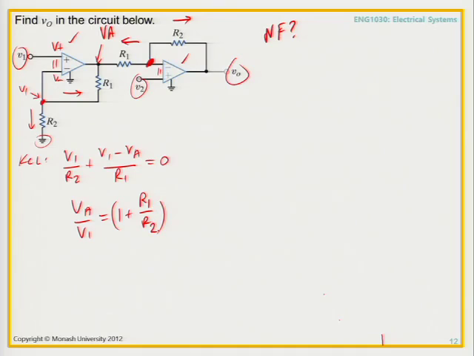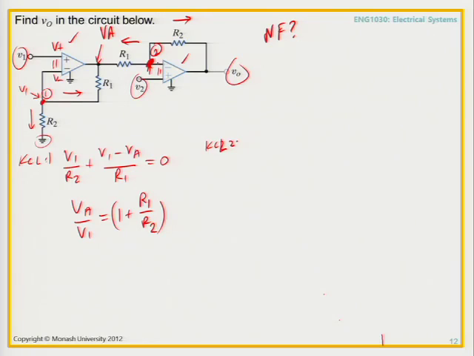Okay, so over here, why don't we do the same thing? So for this one, this is KCL 1, so this is at node 1. And this is KCL at node 2. Now notice that I strategically picked this node and not this node. I picked this node and not VA because, as you'll see, it helps us to relate V out to VA. So over here, KCL2